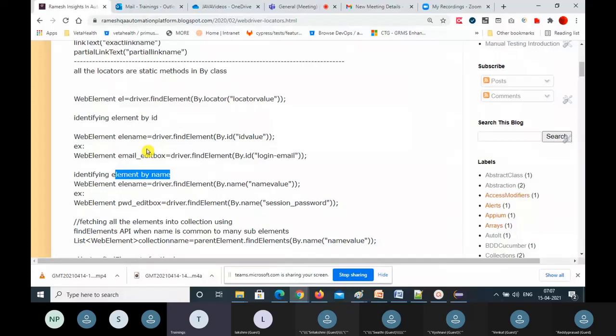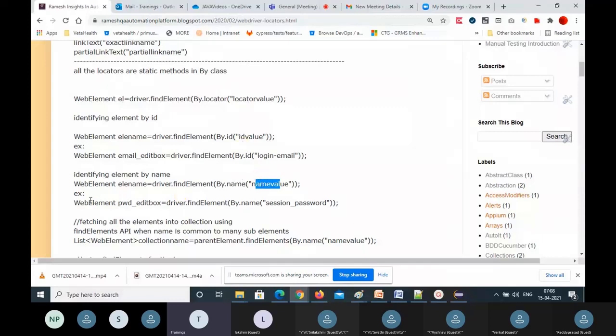ID is always unique. Okay. How to identify an element by name locator? One element, how can you identify? WebElement name equal to driver.findElement(By.name(name value)). This name value and ID value, from where will you get them? From the HTML, right? For that element's tag, you can find out the name locator and ID value.